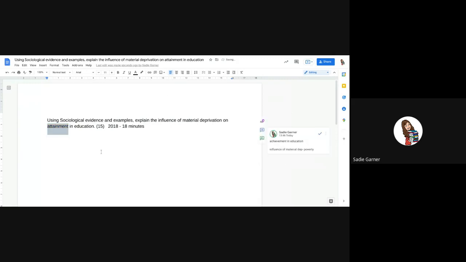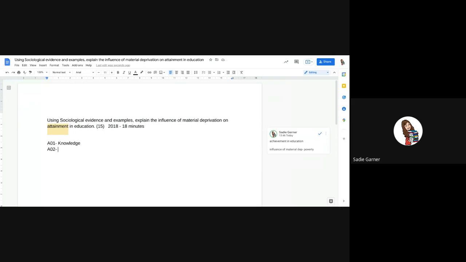You're assessed on two skills in a 15 marker. AO1 is knowledge. Do you know sociological names? Do you know terms or concepts? So do you know symbolic violence? Do you know habitus? Do you know Bourdieu? Do you know Althusser? So AO1 is knowledge. The second skill you're assessed on is AO2, and this is really application or analysis.